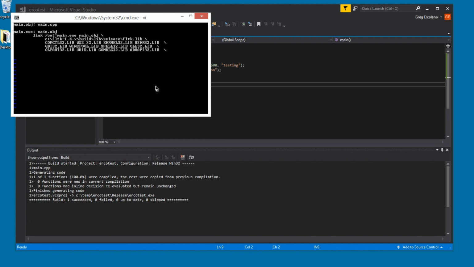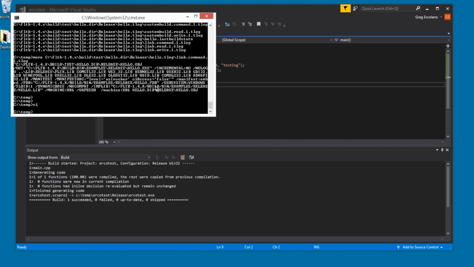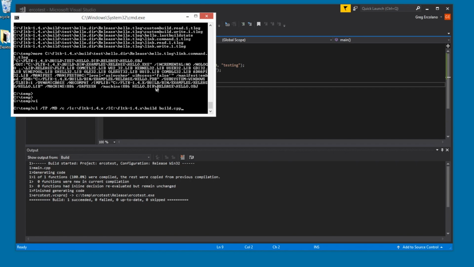And I feel like I'm forgetting something. Oh yeah, subsystem Windows, which tells it to be a Windows application instead of console. I think that's it. We're just linking the lib and all of the Microsoft libraries and the main.obj into a main.exe. So, and up here, I'm going to use that same command that I ran before, this one,